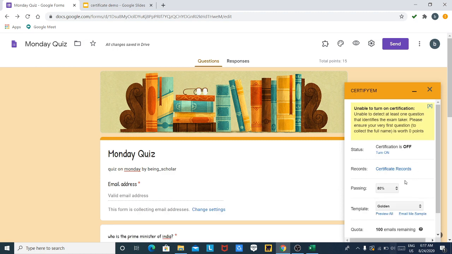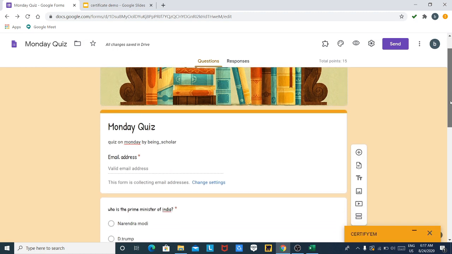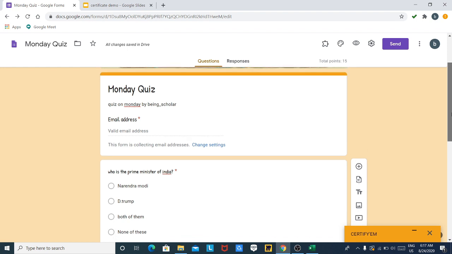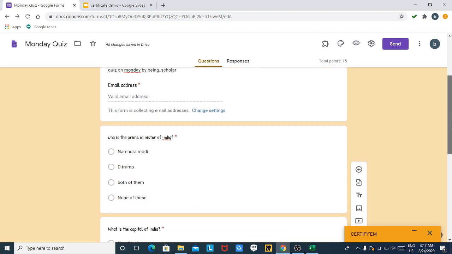Now, in order to give certificate, you have to take the details of the participant. Here you saw that we have just created the questions.